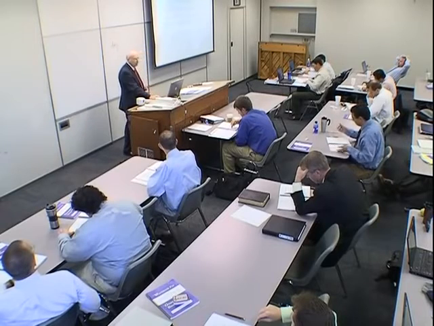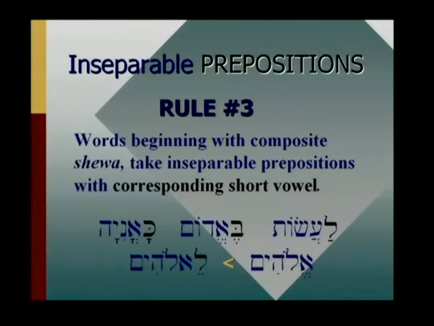All right. Elohim, accent on the last syllable, becomes what? It changes. Again, here, instead of a short vowel, the aleph, when it has the hatef segol, changes to a tsere, and the aleph is totally silent. It becomes le-Elohim, or be-Elohim, or ke-Elohim. Any of the inseparable prepositions. Another exception to the rule.